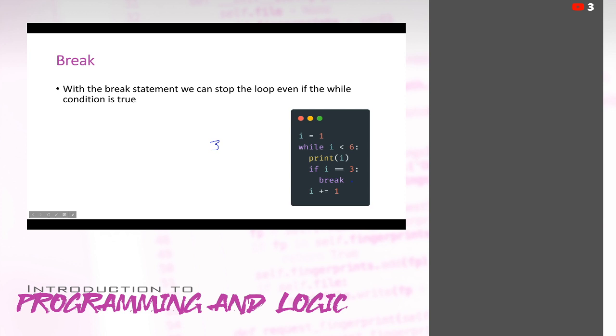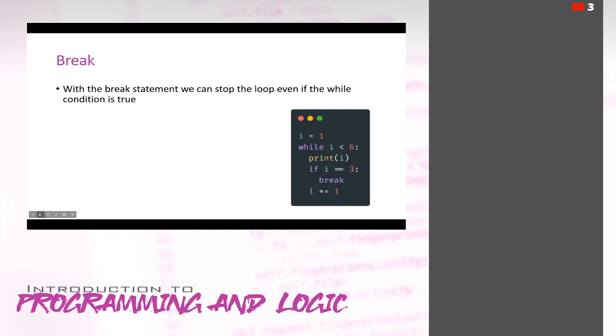Going to cut out. So we're not even going to get to that upper bound of 6. We're going to stop early because of this statement here. Once I equals 3, we're going to break and escape our loop. We're going to make a break for it. You know, it kind of gets back to that example of earlier. Like, once we escape our loop, it's freedom. In this instance, we're going to make a break for it and escape our loop and get to freedom. Right? So that's what we're doing here.